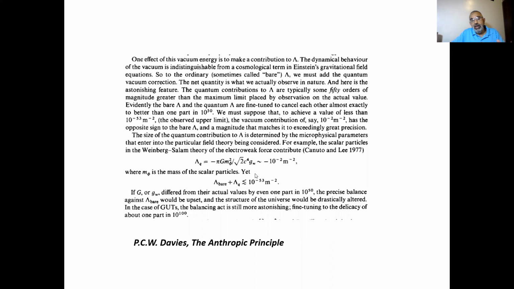So this is where initial conditions cross over and meld and combine with constants of nature to produce fine tuning. And so we see that the cosmological constant also has to be fine tuned to an unbelievable degree to allow this universe to be